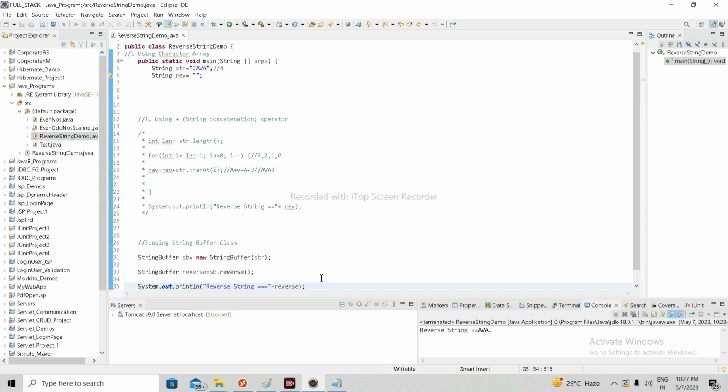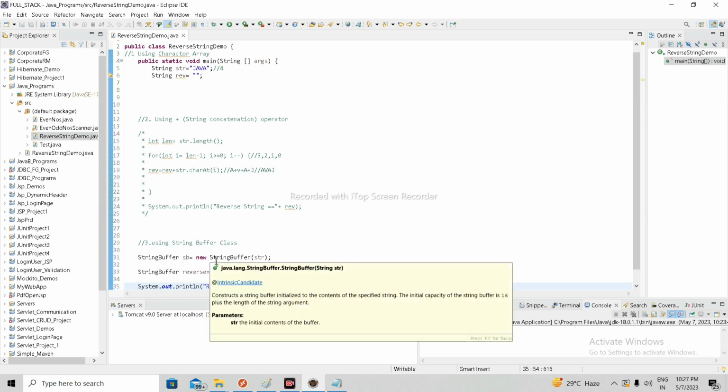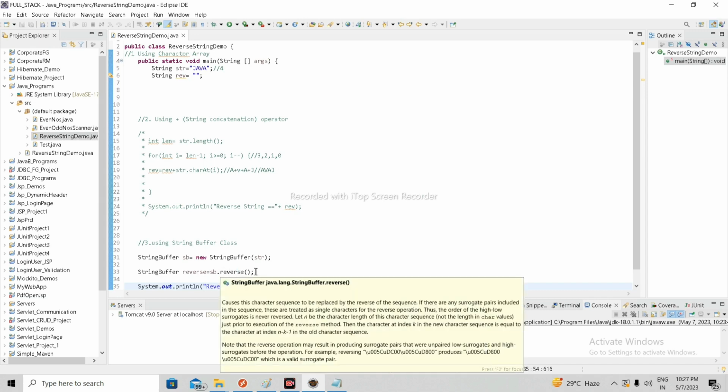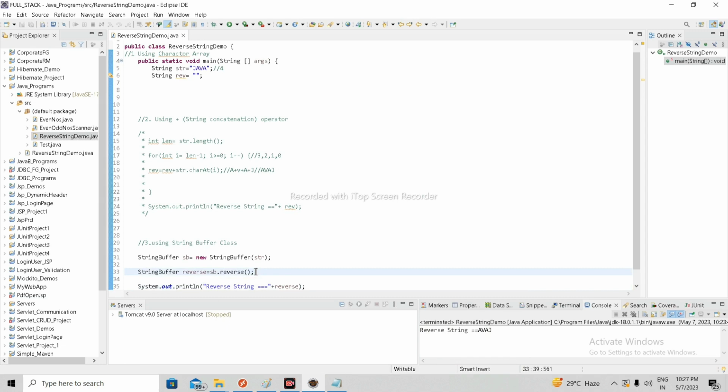It's a simple way. Just using the StringBuffer, we have to create the object of the StringBuffer class. Okay, then pass the string in that object. After that, using the reverse method that is contained in the StringBuffer class, then print it.